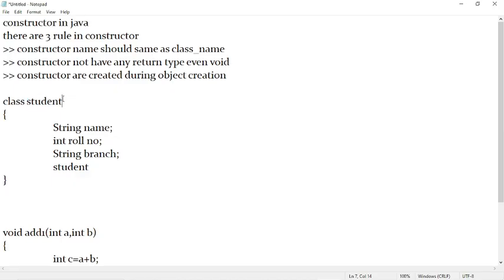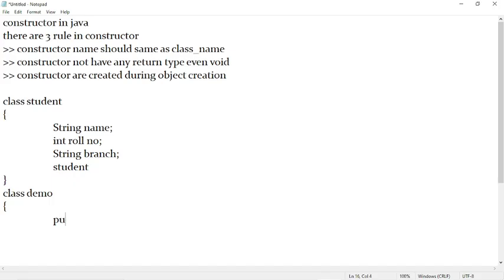Yeah, you created the class called Student. Why do you think so? If I want the name, roll number and the branch, these are the details of the student. Now if I want to access this, why do you think I need to create the object for this Student? What I will do, within the